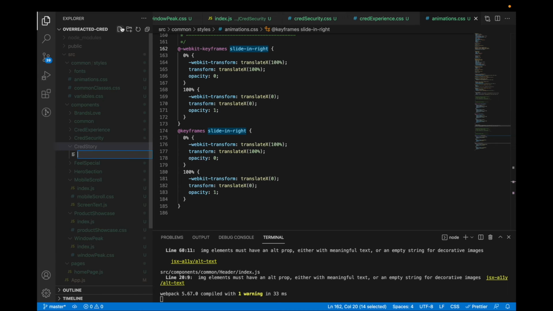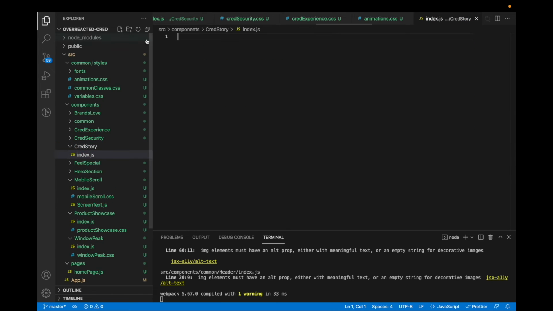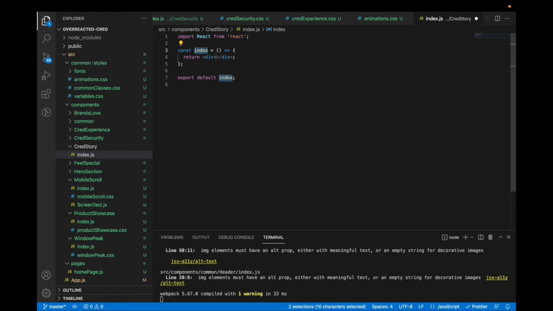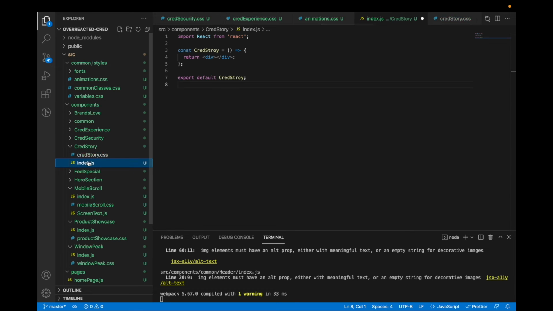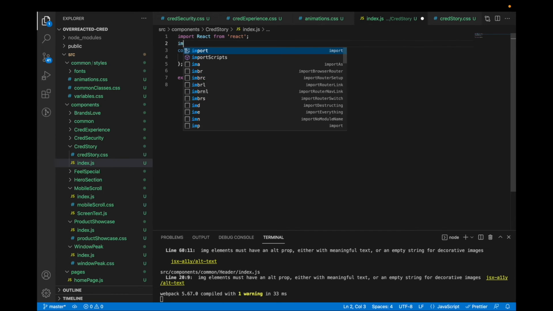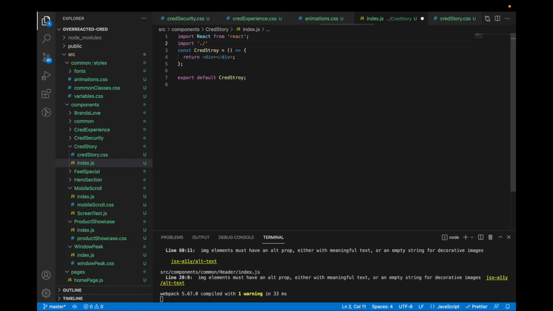CRED story. Let's create index.js with RAFCE, which is CRED story. Okay, and let's create a CSS file here as well, which is CRED story.css. Let's import this file here. Import this CRED